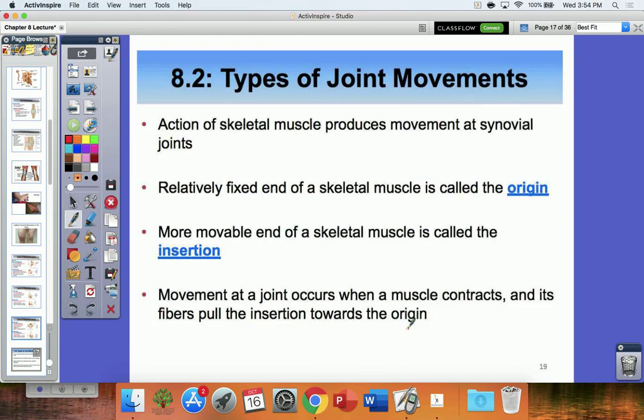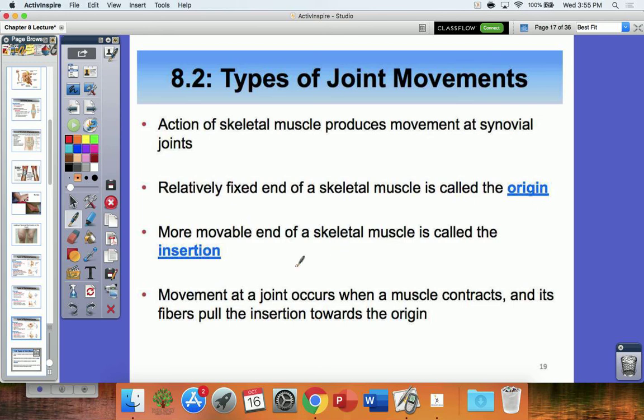A little bit more as far as types of joint movements. Very important part to make sure you know. As of right now, it's really just me saying them, and we may have a chance to demonstrate them a little bit more in class. This is something that you just need to spend time with, because right now it's literally just going over words and looking at the pictures as we go through them. But before we go to specific types of joint movements, there are a couple different